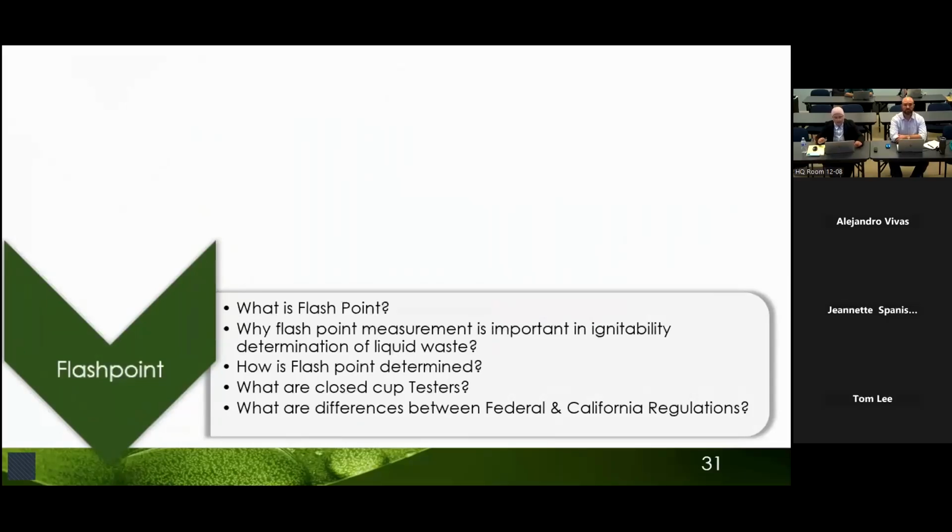First, we will build an understanding of the flash point to know what it means. Then we will look at why flash point is considered for ignitability determination of liquids in the regulations. Later, we will spend some time on how flash point is determined by discussing closed cup testers and standardized test methods. And lastly, we will look into the differences between federal and California because of the federal modifications. Assessing these differences, which result from the federal updates, will enable us to understand the consideration of adopting these updates. So, let's briefly understand what the term flash point refers to.